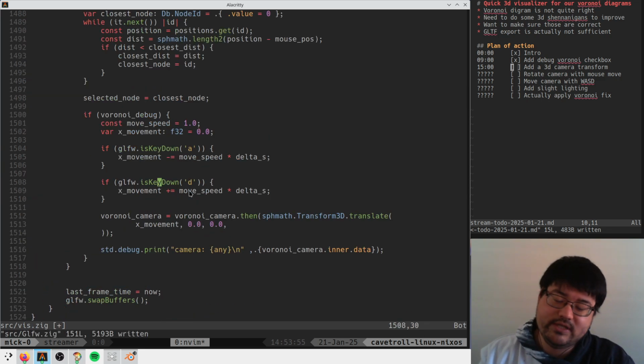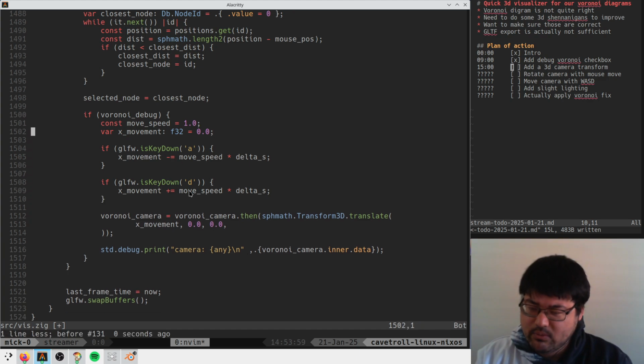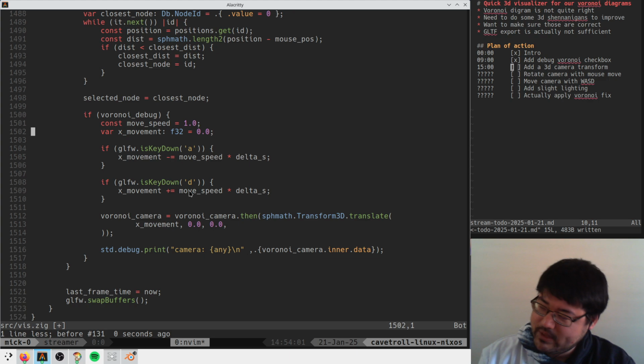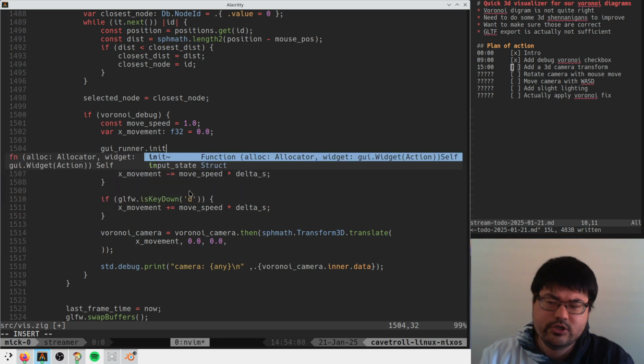Hold on. Our input state is actually really well suited for this already. The reason that we were using GLFW directly here is because we didn't handle repeat events and held mouse key presses, but we do support held mouse presses. So we should be able to be like